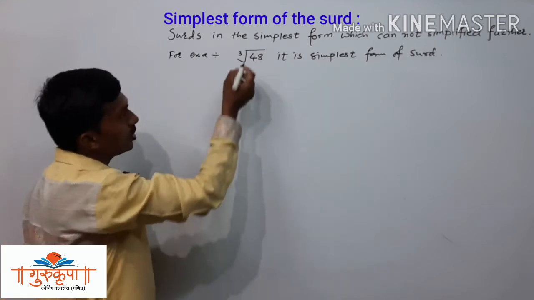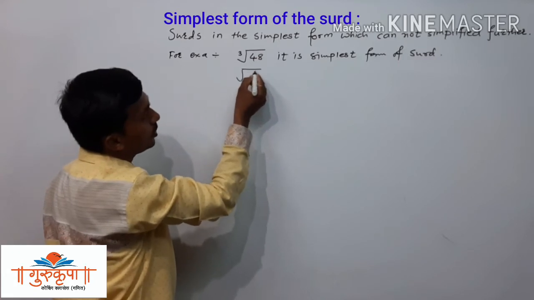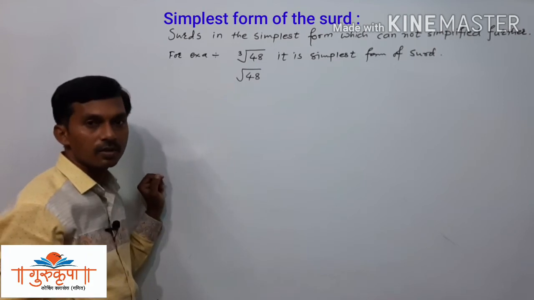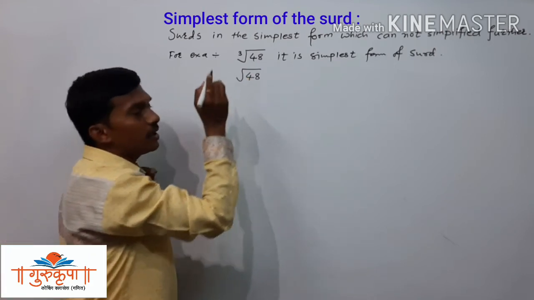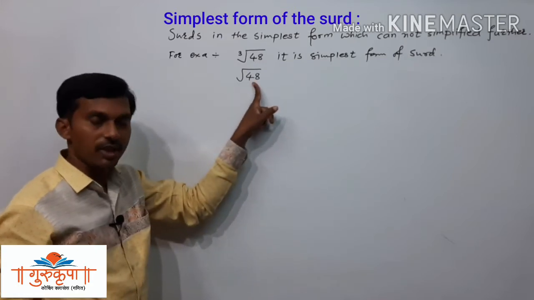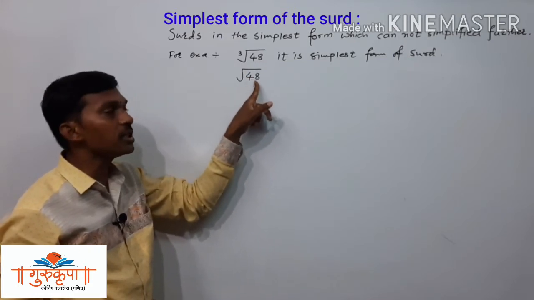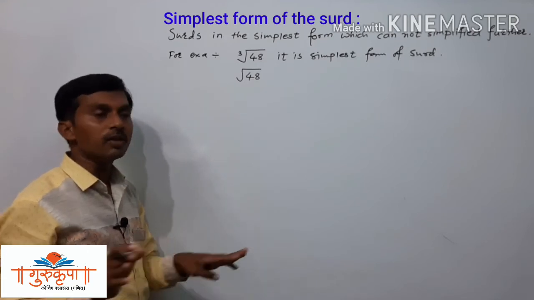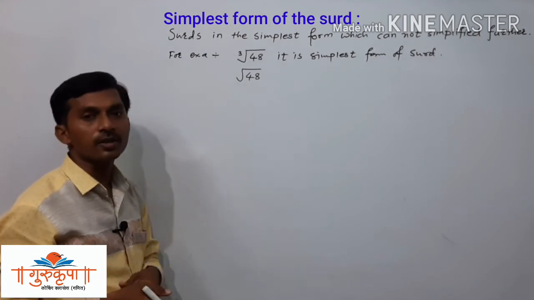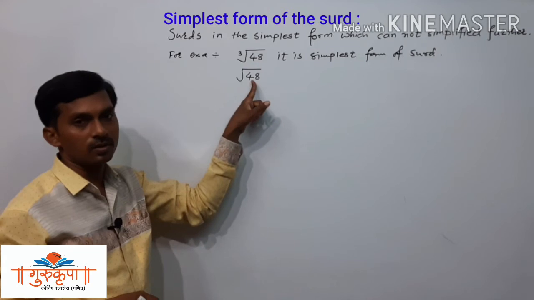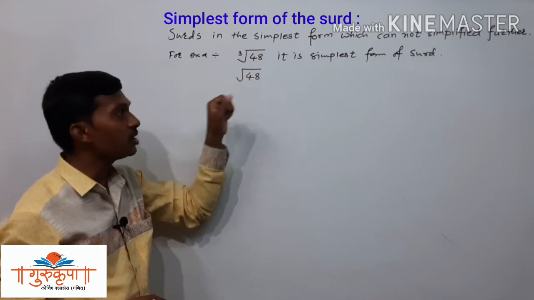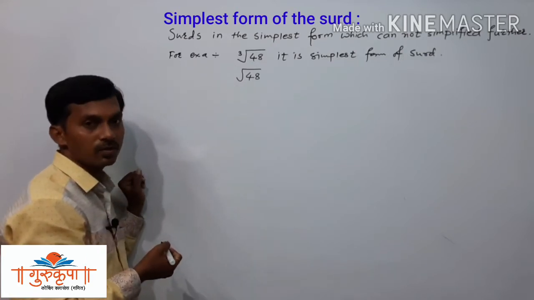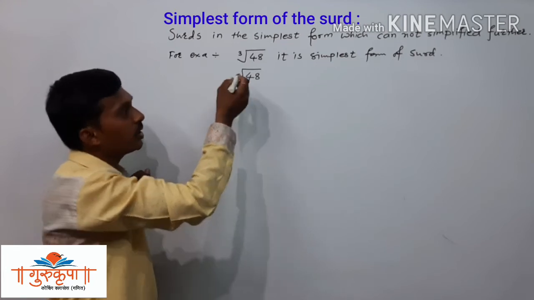We will take one more example. Same number, we will take square root of 48. Now here we know that it is a surd. Definitely it is a surd since it is impossible to find the square root of 48. There is no number whose square is 48. But here it is not in the simplest form. This surd is not in the simplest form. We can simplify this. How can you simplify this?